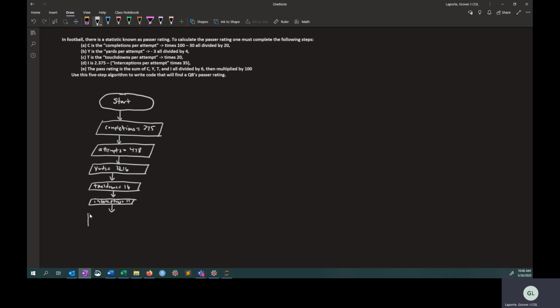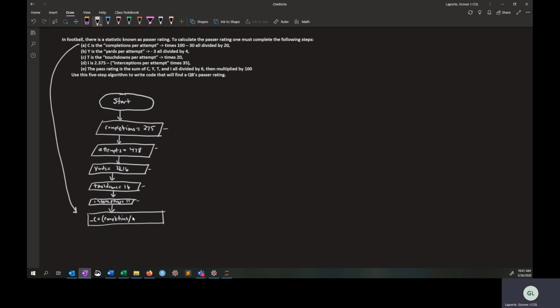So the first thing that we're going to compute is, come back up here, and you can see this computation here, right? The reason that I knew to start collecting the information in these input-output boxes was the fact that I knew what calculations I was going to have to do. So I'm going to call this underscore C, and it's simply equal to, I put a parenthesis around it, completions